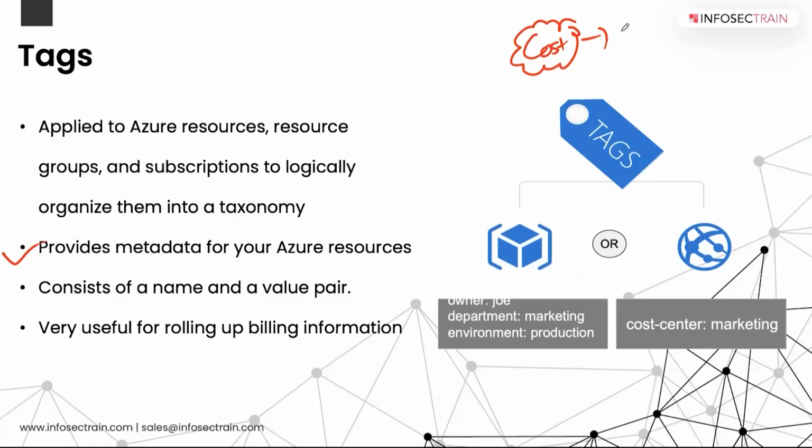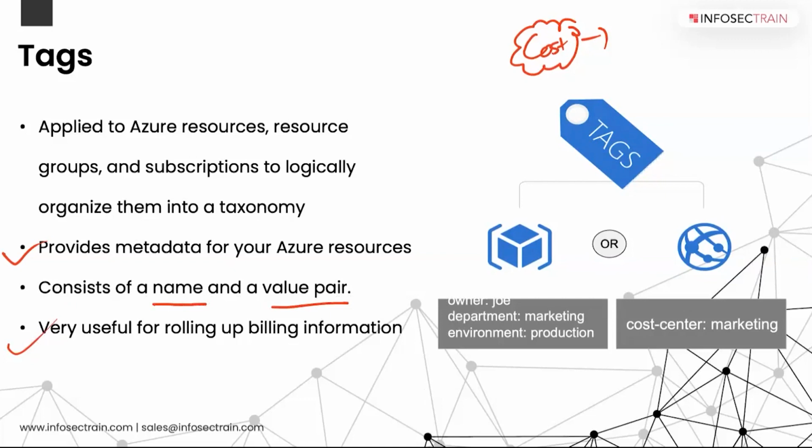For example, you might require that all resources be tagged with an owner or department name. This could be a limitation, right? And you need to follow that as well. So it can help with different kinds of things. A tag usually has a name and value pair. With this, it will be very helpful for rolling up billing information and in different scenarios as well. So we can create and add tags to your resources. So you have two things, a name and a value. Let's see this practically, what is going to happen.